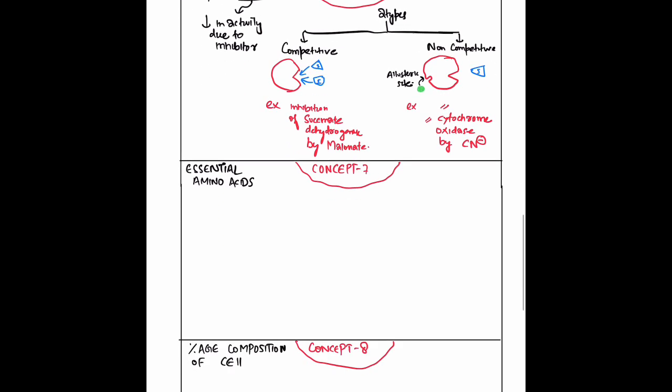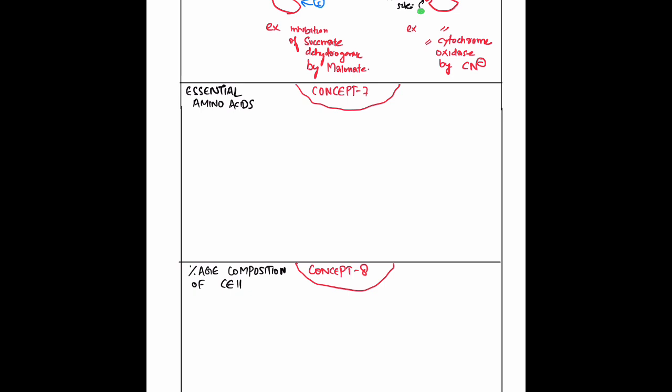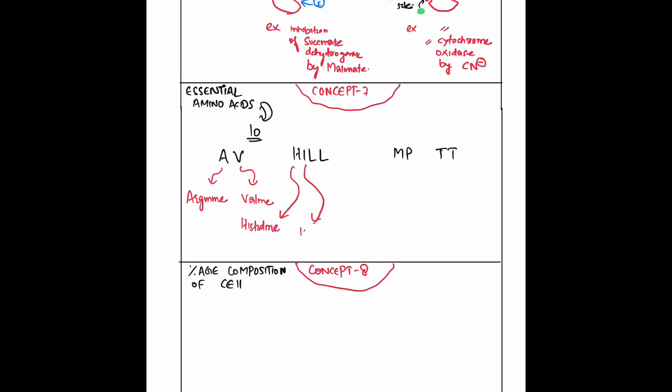Okay, then let's go to concept number 7, which is talking about essential amino acids. So you must know there are 10 essential amino acids, and we remember them by the mnemonic AV Hill MPTT, where A stands for arginine, V stands for valine, H stands for histidine, I stands for isoleucine, L stands for lysine, L stands for leucine,